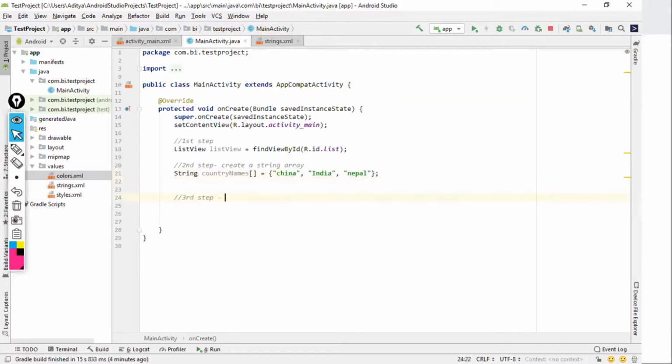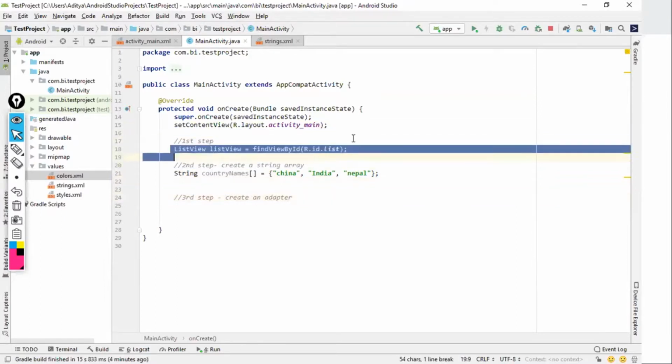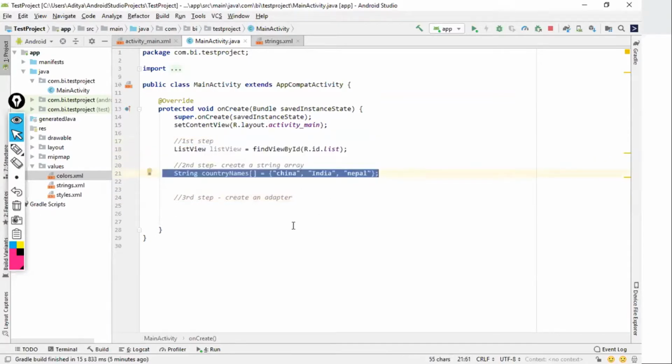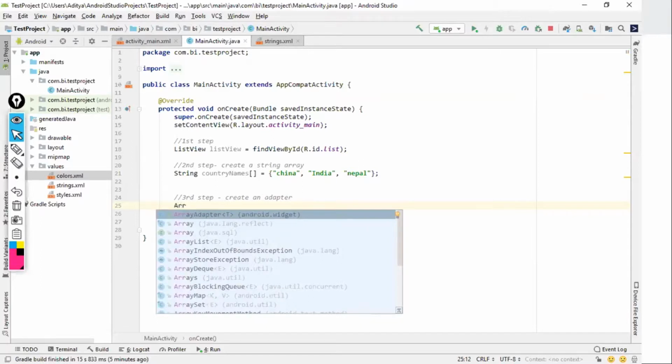The third step says that create an adapter. Now look, we have created the view, right? We are having the mobile phone. We have got the power source also. Now it's time to create the adapter. That is a bridge. Look carefully at the adapter. What type of adapter shall I use, guys? Base adapter, custom adapter, or array adapter? Array adapter, because we want to import the data from an array. So I'll be using an array adapter.